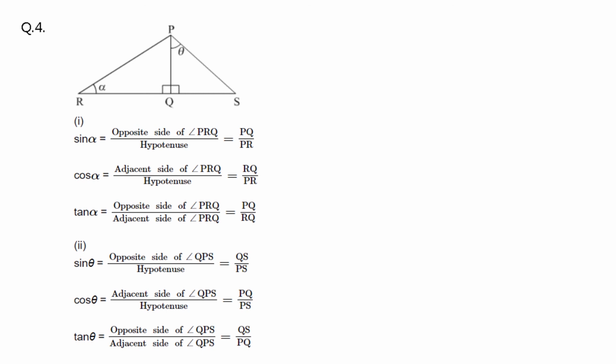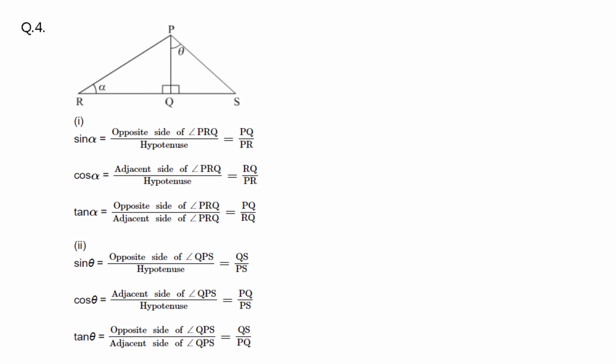Now coming to the next right angle triangle PQS. In that the hypotenuse is the side opposite to 90 degrees, which is PS. And the given angle is theta now. Angle QPS is the given angle now. Listen very carefully. You have to keep in mind the given angle to find the opposite side. Now what is the opposite side of the given angle? That is angle QPS, which is otherwise theta. It is denoted by theta.